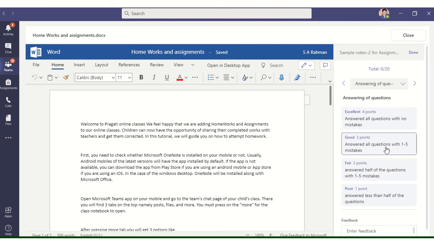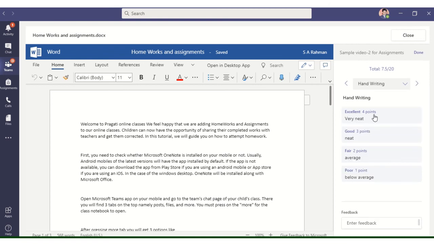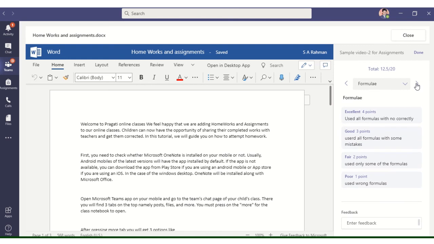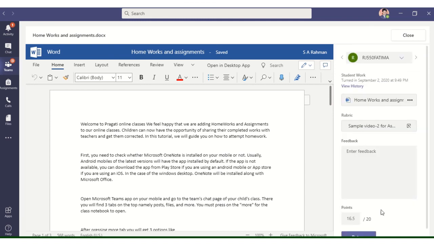Suppose he answered all questions with 1 to 5 mistakes, you can select here. If you press the left and right arrows here: handwriting very neat, calculations 1 to 5 errors. This is sample data I am filling in. Excellent points. Excellent. Used all formulas with some corrections actually. I typed it as wrong. So it is pressed as done, and